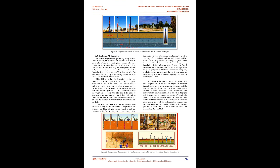The bored pile construction method includes, in the first stage, staking out and referencing of the proposed pile location, and checking of the pile center location and the reference scale. Second, the pre-boring using a drilling bucket, then driving of a temporary steel casing by gravity, checking of the inclination 1:100 and deviation equal to 10 mm. After that, drilling below the casing, adding polymer-based bentonite, bucket, new bentonite, sonic logging test, installation